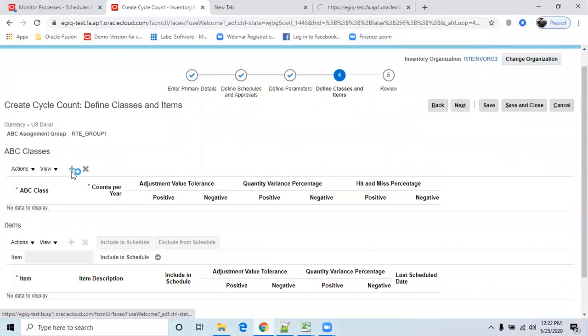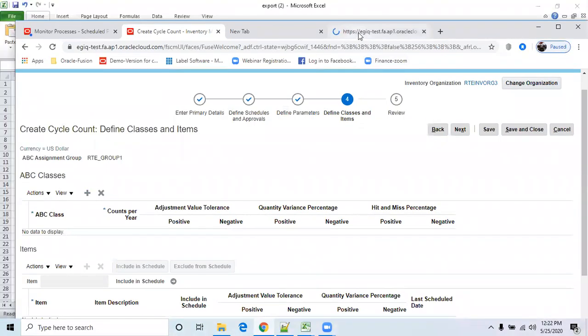Some issue here. It's an instance issue, I guess.